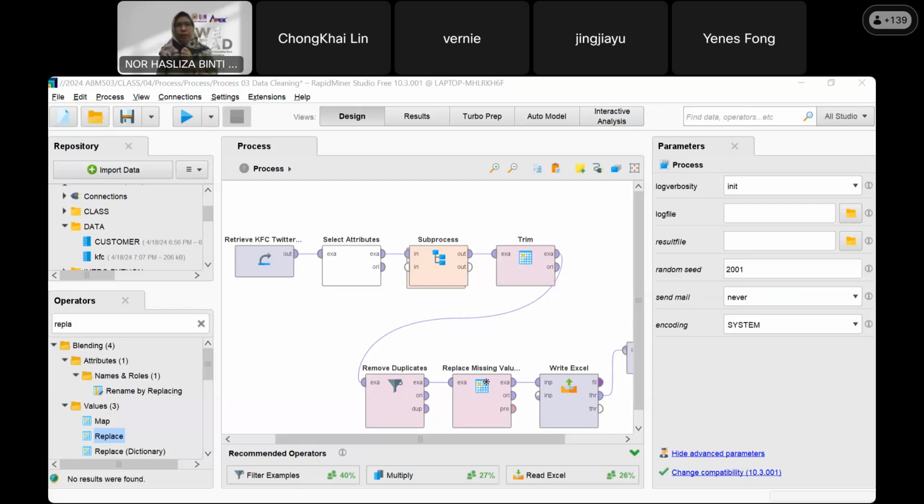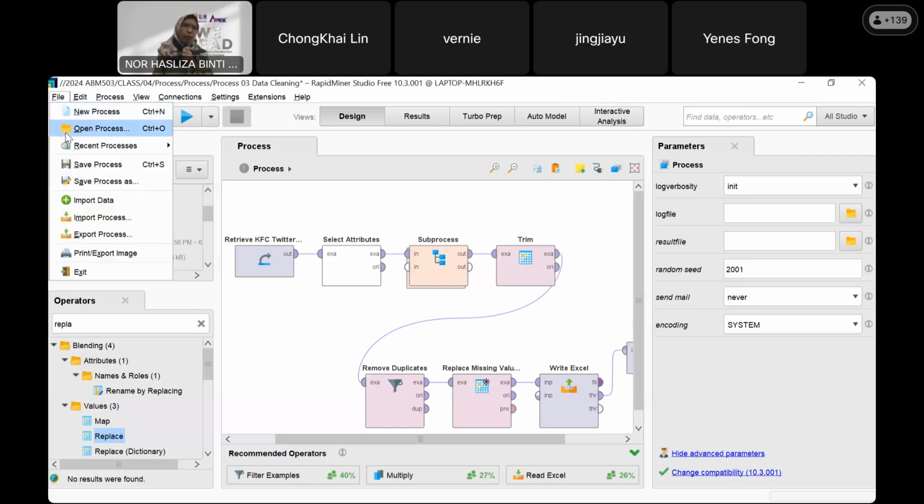Can you try to open it? You can try later on your own. You can go to file here, open process. Save that file first inside your laptop or whatever device you use right now. So you will have something like this. This is the pre-processing file.